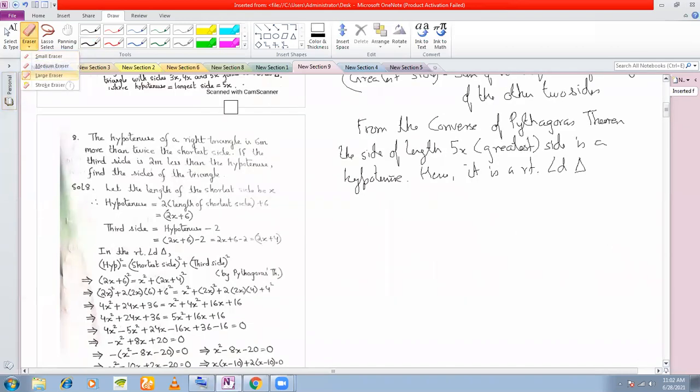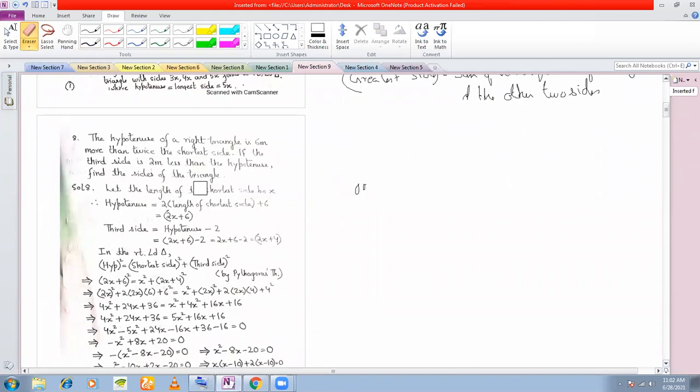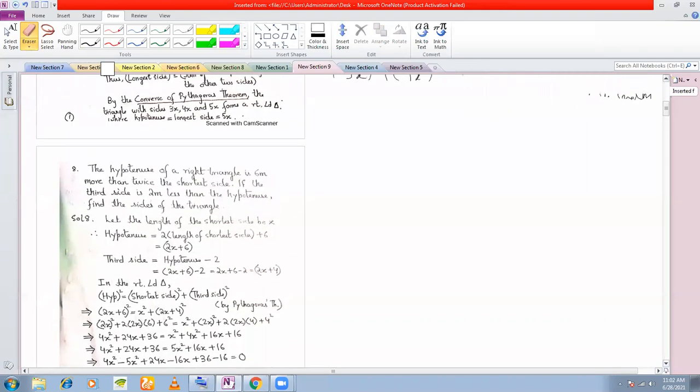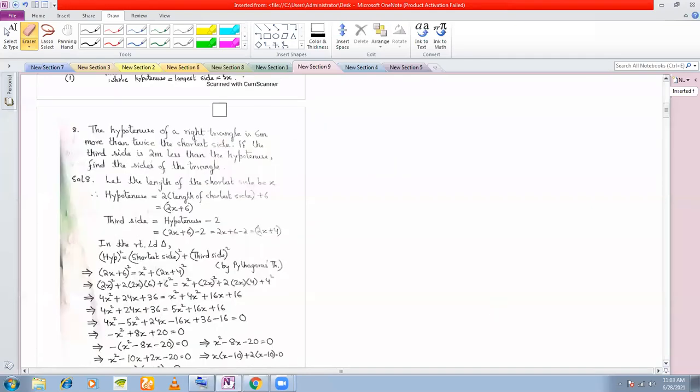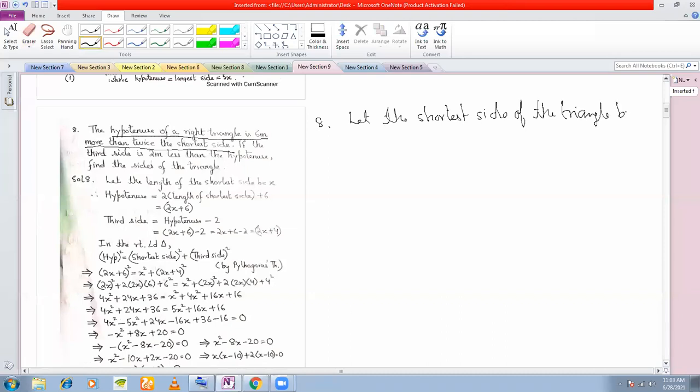Number 8. The hypotenuse of a right angle triangle is 6 meters more than twice the shortest side. If the third side is 2 meters less than the hypotenuse, find the sides of the triangle. First of all, you see the first condition. Let the shortest side of the triangle be x